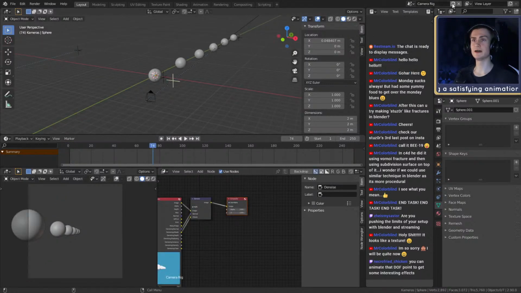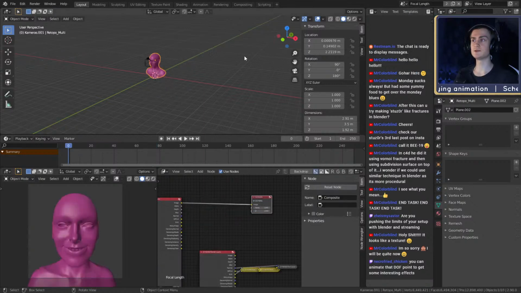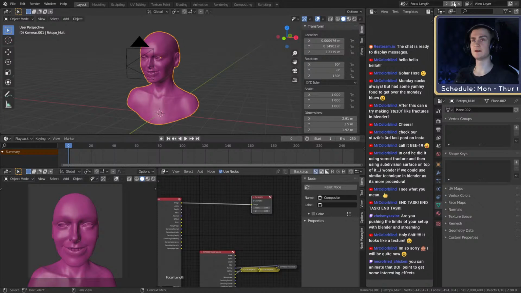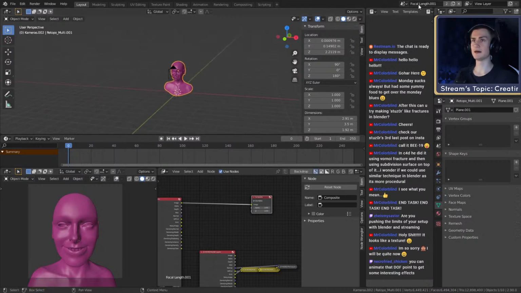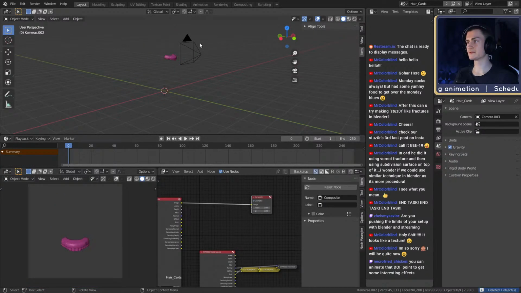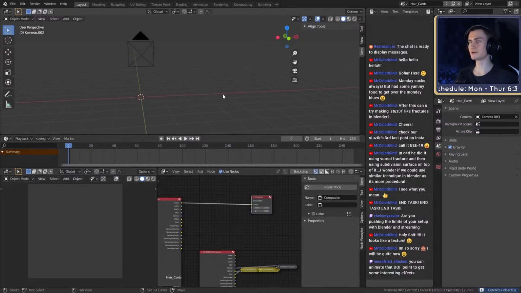You can name them up here, and if you want to make a new one, for example, make hair cards for this character, I just go up here, say new scene, and usually I'm not going with new. What I usually do is full copy, so all the settings are copied. It makes a new scene, and there we go. Now we have focal length 0.001. You can call that hair cards, for example. There we go. And now you can remove this as well, all the teeth. And now you basically have a new scene where you can set up your hair cards.